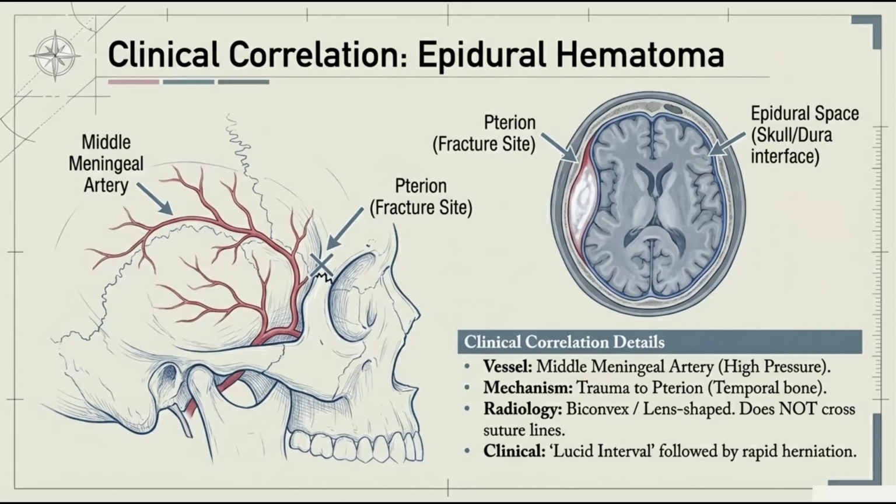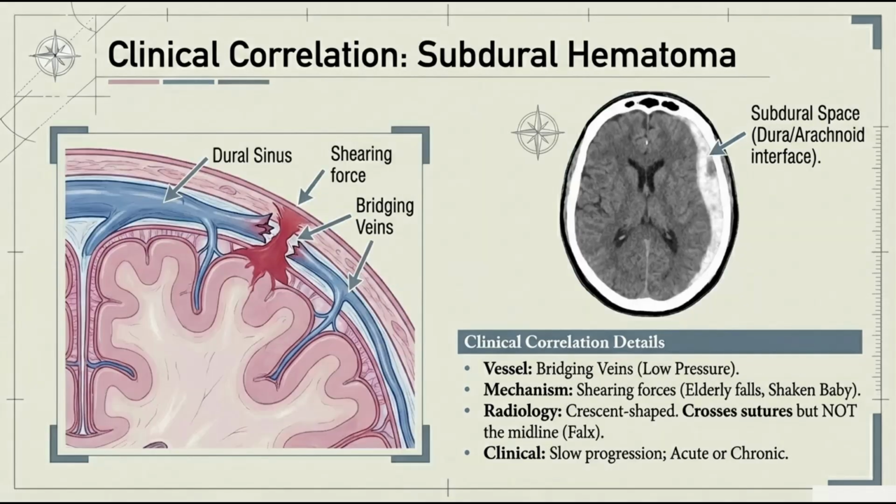Okay. Next space. The subdural space. Between the dura and the arachnoid. This story involves veins. The bridging veins travel from the surface of the brain, cross the space, and drain into the dural sinuses. Veins are low pressure. If they tear, and this often happens in the elderly or in alcoholics from even a minor fall, the blood oozes out slowly. It doesn't have the force to strip the dura, it just spreads out along the surface of